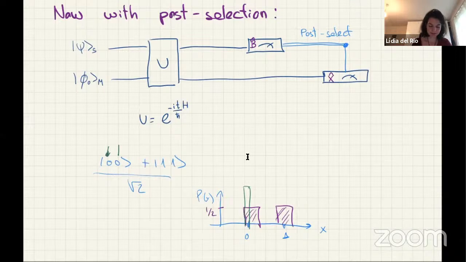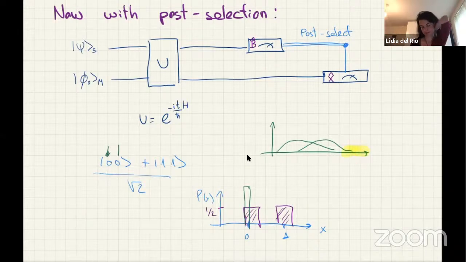So what happens is that if you consider all the outcomes, then we had this kind of distribution, right? But now if you condition on this measurement here, only getting some outcomes, then the things that survive are going to be very odd. So they could be, for example, just a little bit of the tail here, where the average will be something very out of the normal distribution. Okay.